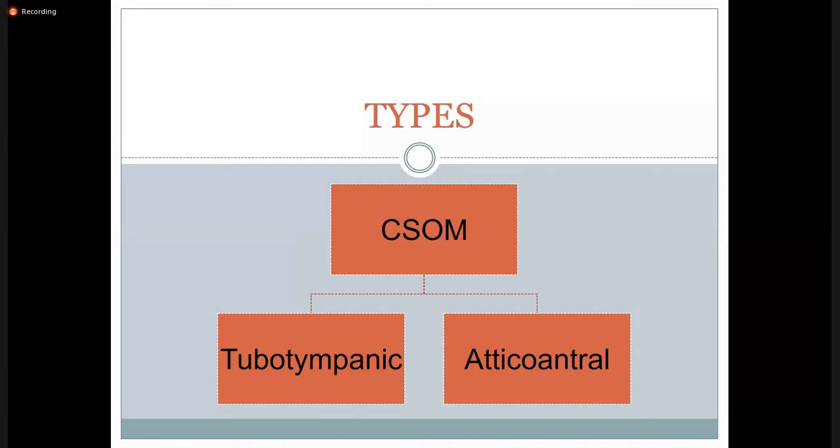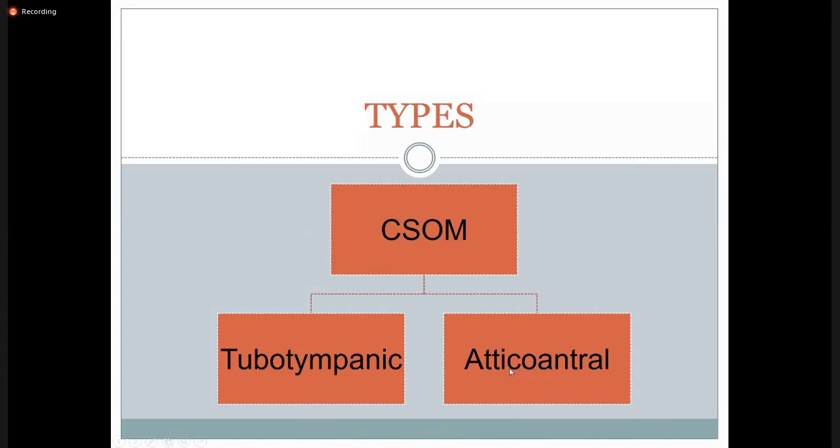As the name indicates, this is because of tubal occlusion. This is eustachian tube occlusion, usually seen in allergic patients with nasal blockade, or adenoids in children, which can cause a blockade of the eustachian tube and in turn lead to inflammation of the tympanic cavity. So such type of CSOM is the tubotympanic type. And the other, which is most common and most serious in adults, is the atticoantral type,